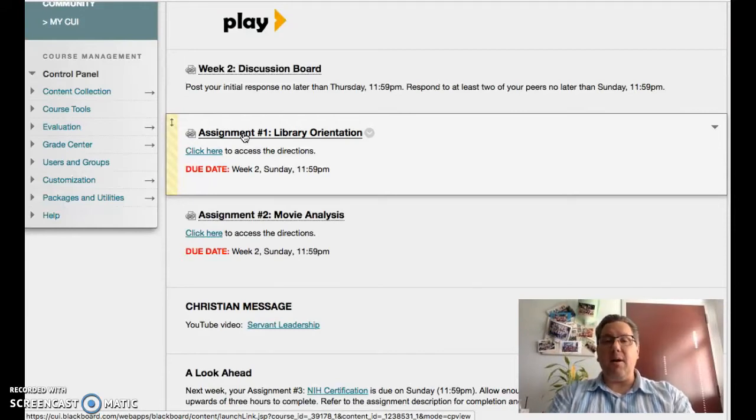And then there's another part of this assignment, and that is using the EBSCO to look up an article and give me a brief summary of the article. Let's be clear, it does not have to formally be an APA formatted paper, but that brief summary can be 1 page with just citing the information. So that's the first assignment that's due from the library orientation.